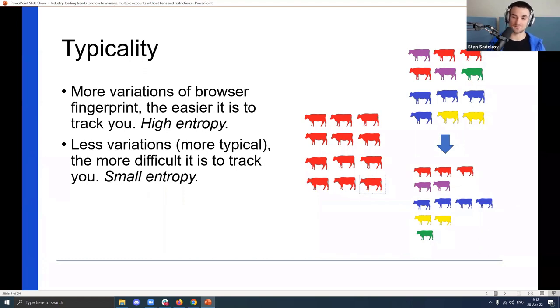So we kind of want to be in a group that doesn't have a lot of variations. Yes, we want to be in that group where everybody is the same. And so